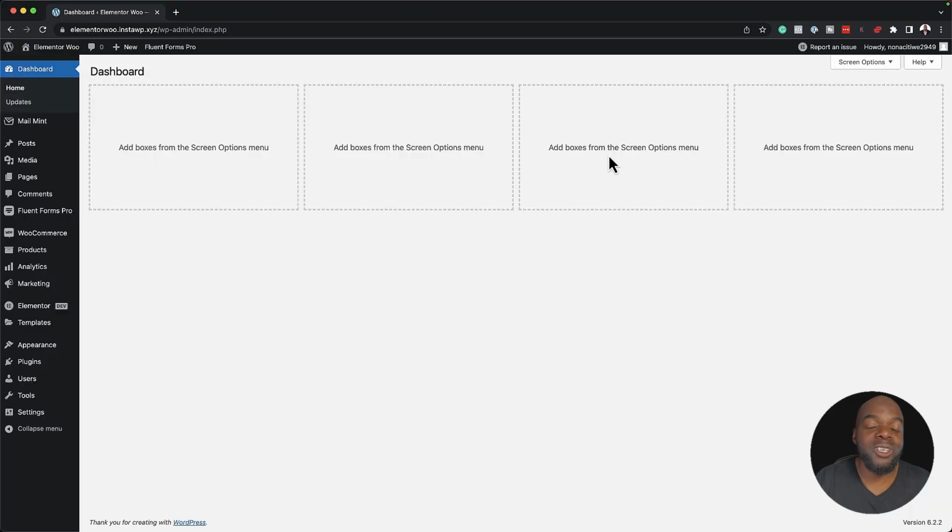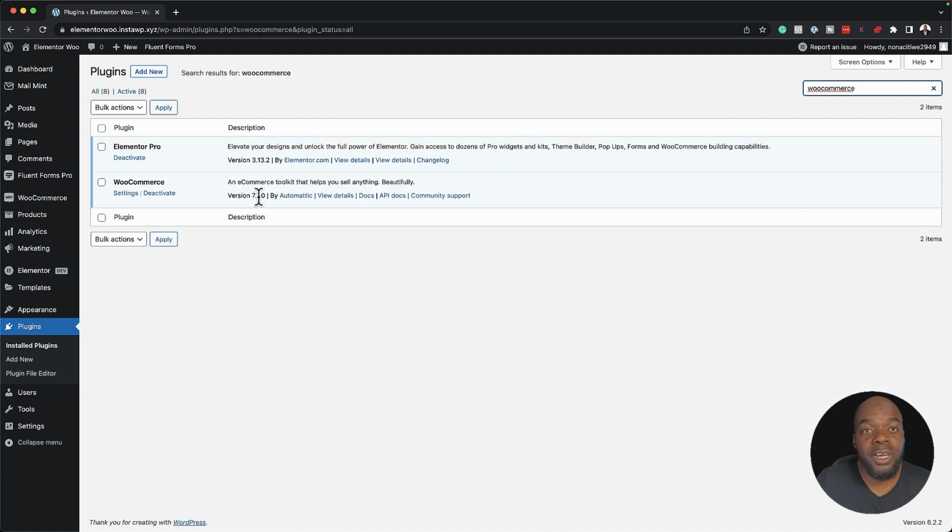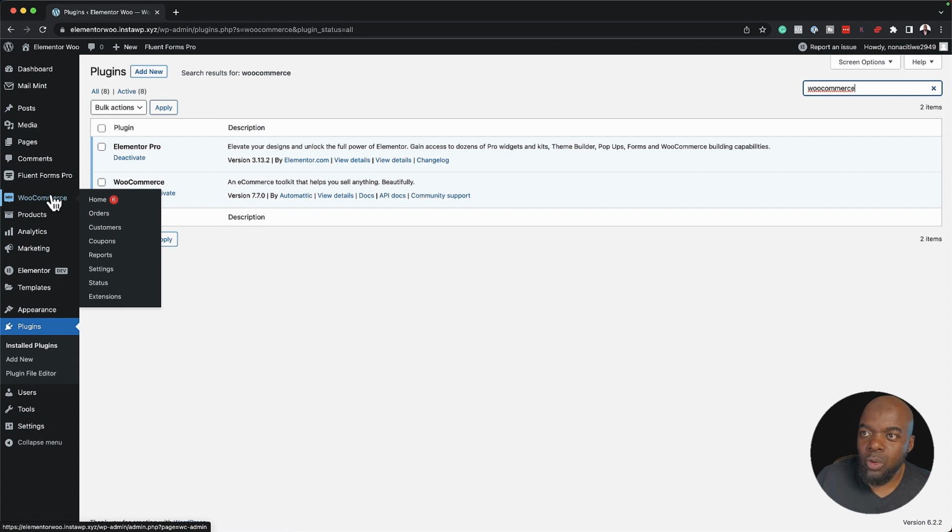All right, so first things first, to set up our store, we're going to need a plugin called WooCommerce. So to install it, you want to come over here to plugins, and then you want to search for WooCommerce. Now, in my case, I've already gone ahead, downloaded it, and activated. So you can see here, it is activated. Now, once you activate it, you're going to see an entry over here on the left, which says WooCommerce, and it also has products. So let's go ahead and let me show you how to add a brand new product